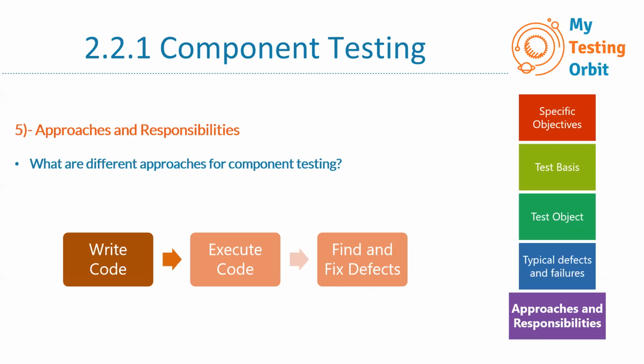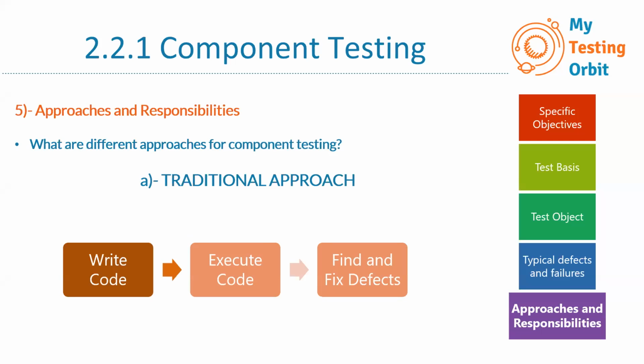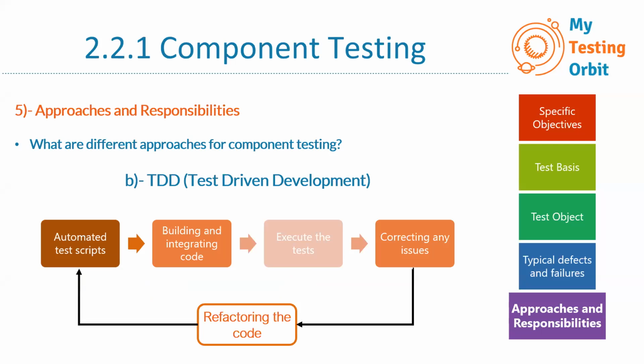And what we do in this traditional approach is that a developer who's doing component testing will write the code, run that code, maybe find the defects, fix them, and the component testing is done. That's one approach which is usually done. The next one would be